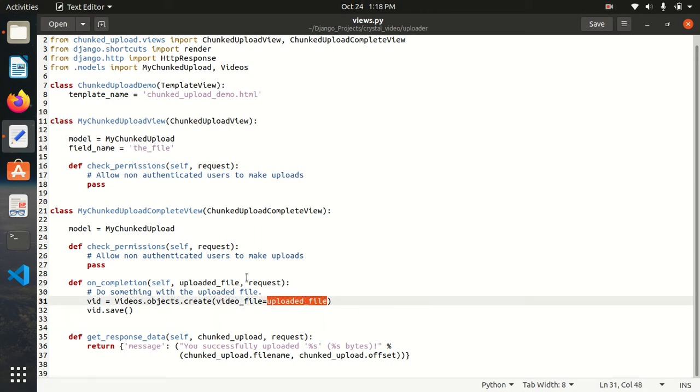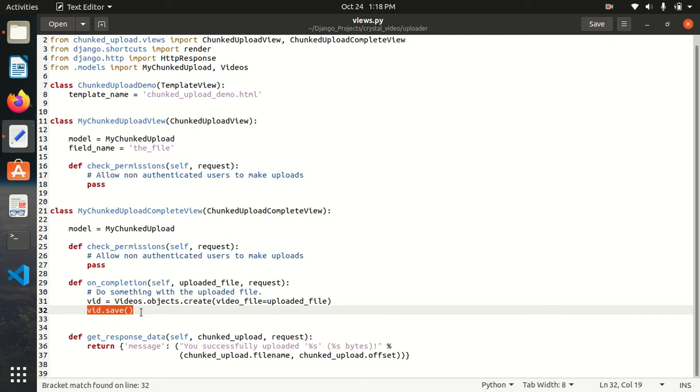We get this uploaded file as a parameter to this function, and then we save this with .save. So it just saves the file in the folder, and then it updates the database. That's it.